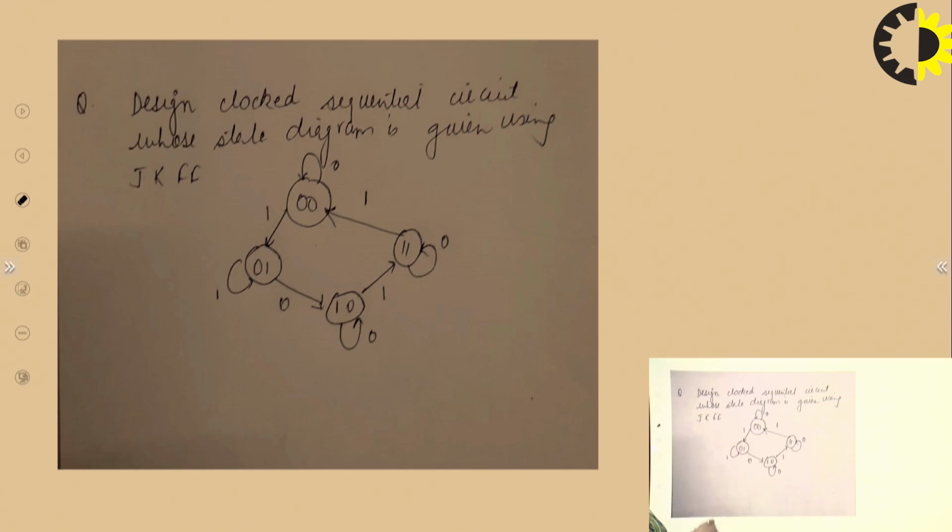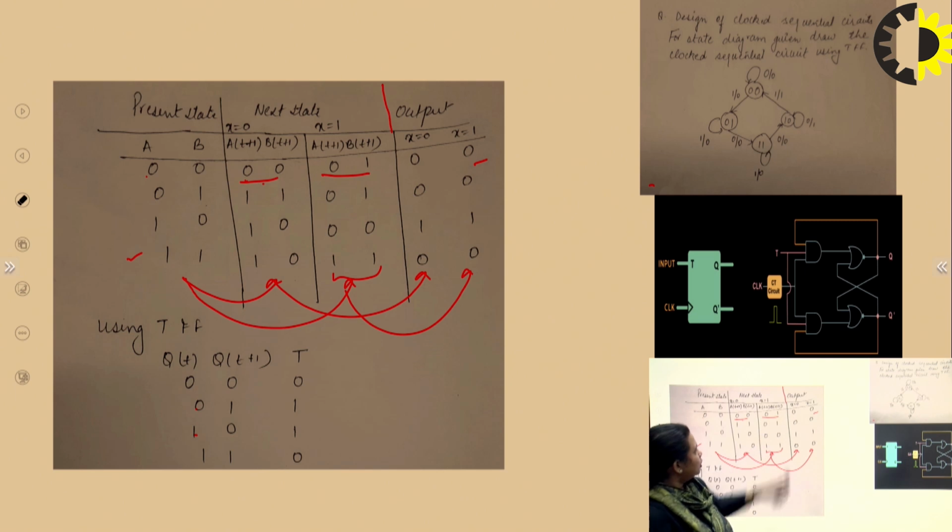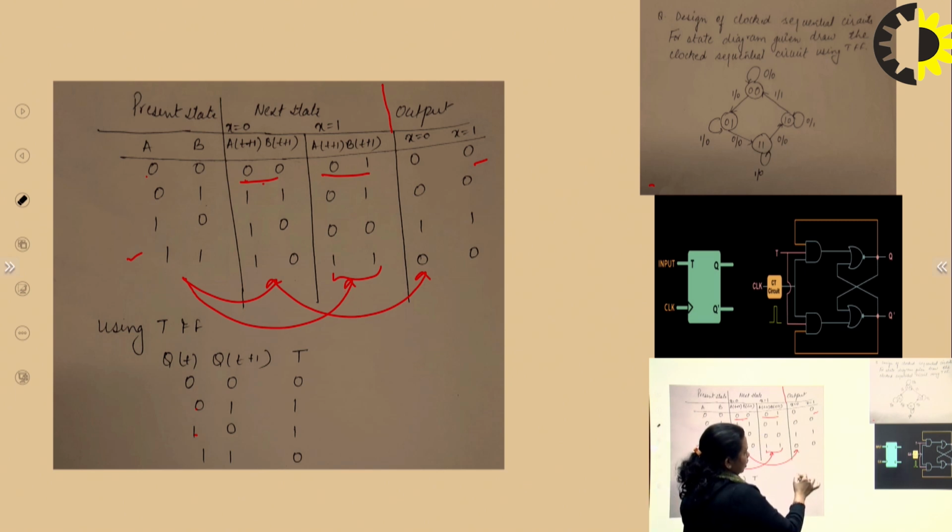So how to read this diagram? These are basically the 4 states 00, 01, 10, 11, and in this, see, there is that thing which I told you, that there may come some such questions where no output is given. So when only 0 or 1 is given with no oblique part, that means only input is given, no output. Like in the previous question we made the output column. In the question which I have given you, you do not require this output part, right? The rest of the things you will create, but the output part you do not require. In this also and in this also, you don't have to use the output part. Clear?